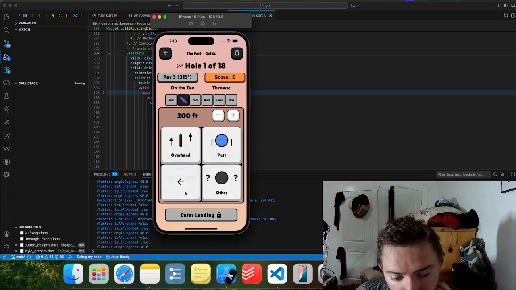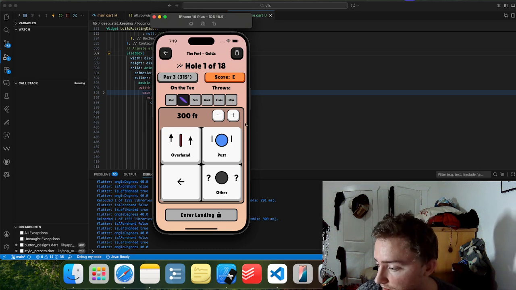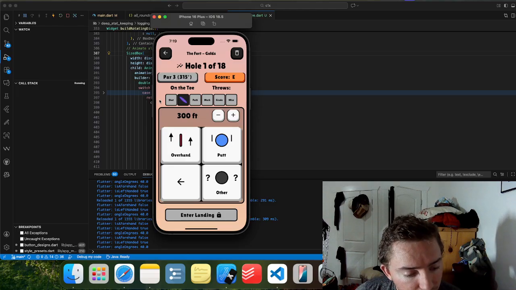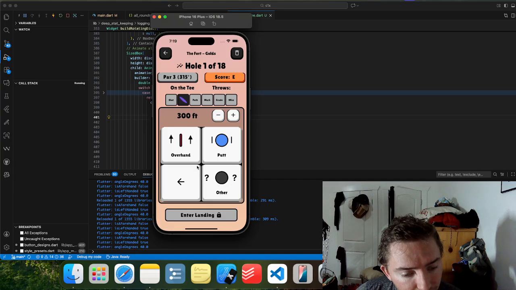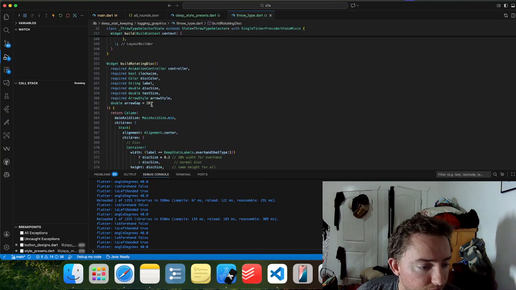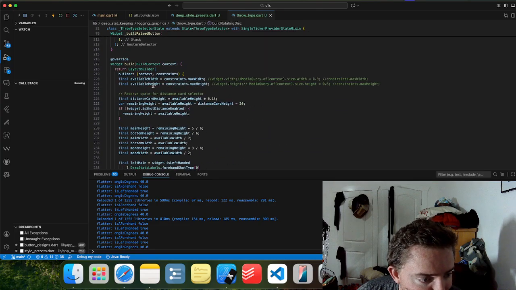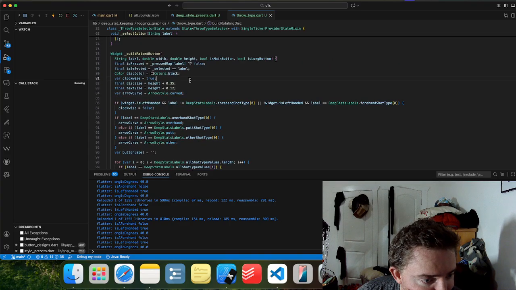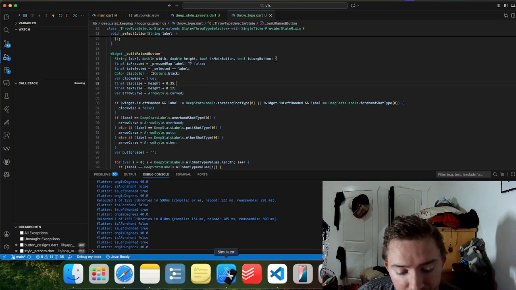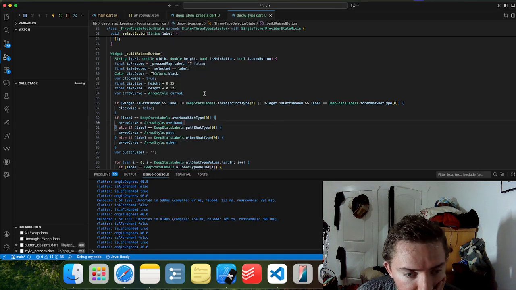Now, improvement. So I like the animation on this. I wanted to go for something similar here. I don't know if this one needs to move at all. We can start with overhand first. When I pass disk size, what am I passing? Disk size is equal to height of the button times 0.35, which looks good here,